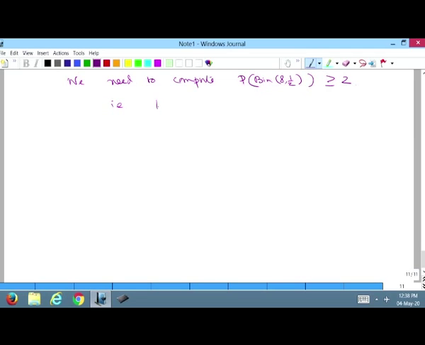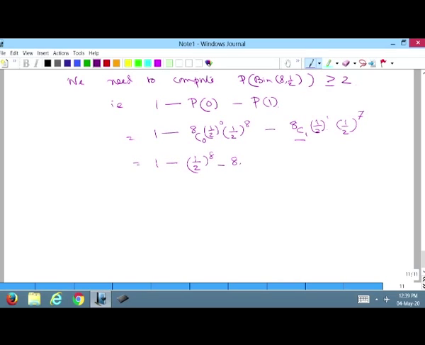That is 1 minus probability of 0 minus probability of 1 is equal to 1 minus 8C0 half to the power 0, 1 minus half to the power 8, minus 8C1 half to the power 1 into half to the power 8 minus 1 is equal to 7, is equal to 1 minus 8C0 is equal to 1 half to the power 8 minus 8C1 is equal to 8 into half to the power 8 is equal to 1 minus 9 times half to the power 8